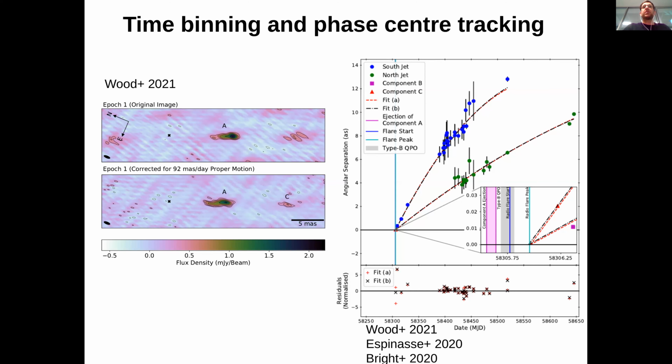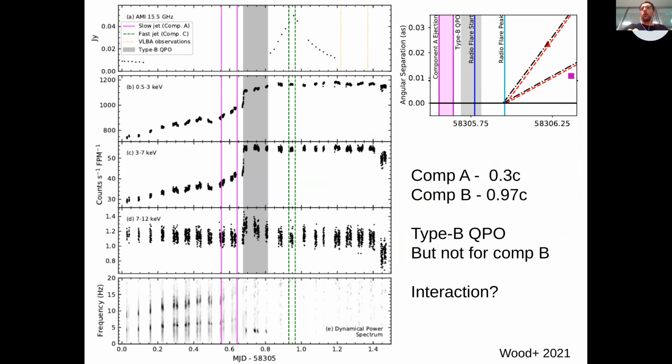Then comparing these launching times with the X-ray evolution. Here we're showing the X-ray light curve and results from Jeroen Heimann's work. And Callum's work shows the time that component A was launched, shown by these magenta vertical lines, and the ejection time of component C, that faster moving one, shown by these vertical green dashed lines. Now, from the size of component A, which is quite large, as you saw from those previous images, you can work out that it actually took 6 hours to be launched out from the system, which is entirely consistent with the onset and the presence of this type B QPO,